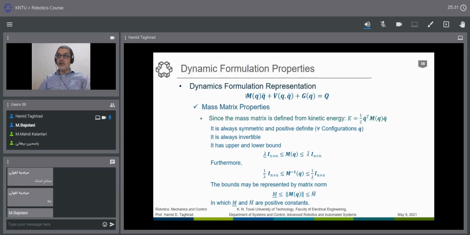Starting with the mass matrix properties, we would like to talk about these three parameters